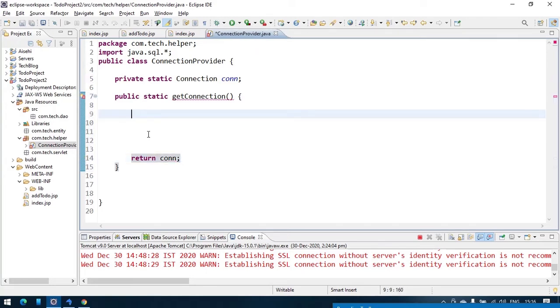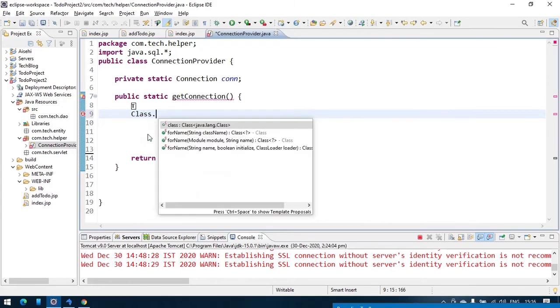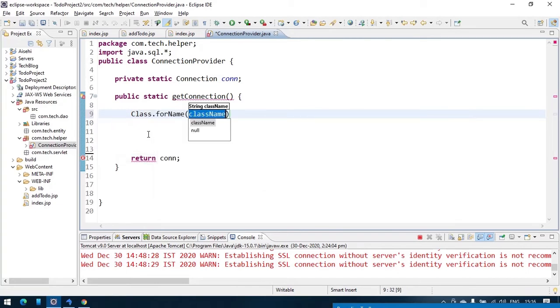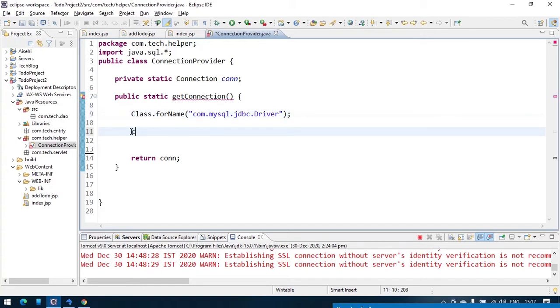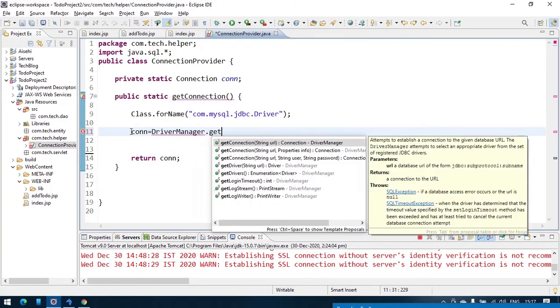To create, one minute. Class dot forName, com dot mysql dot jdbc dot Driver. Okay. Now give con equal to DriverManager dot getConnection of